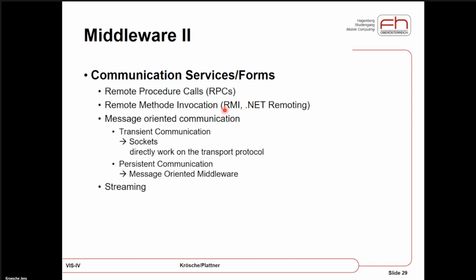Be aware, RMI is also the acronym for remote method invocation, and therefore people tend to think that RMI is a strictly Java-based technology, which of course is completely wrong. It's just the same name. Java didn't invent remote method invocation. They just chose to use the same name in their programming language. The concept is: I want to call a method on a different computer.